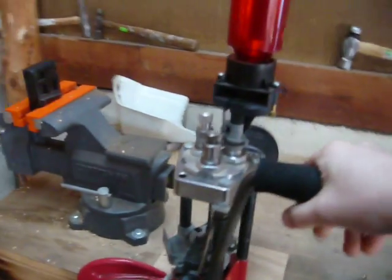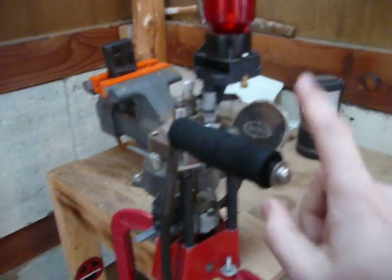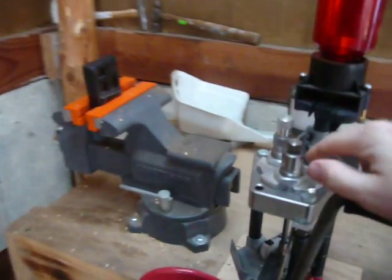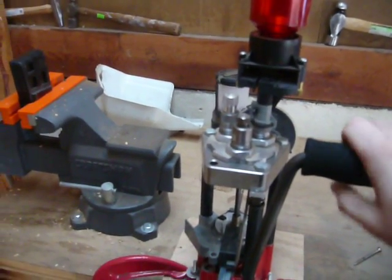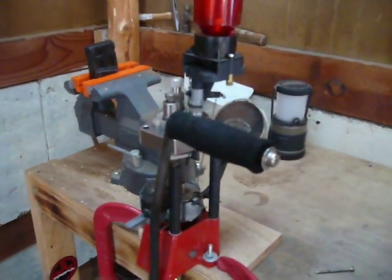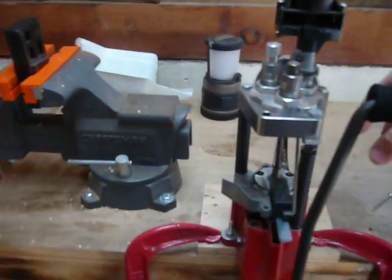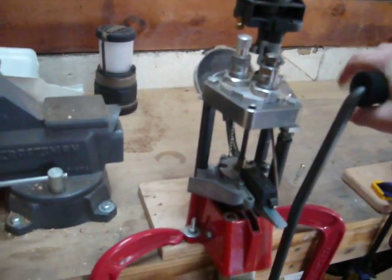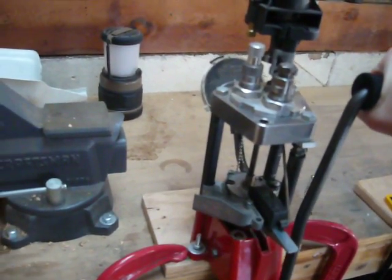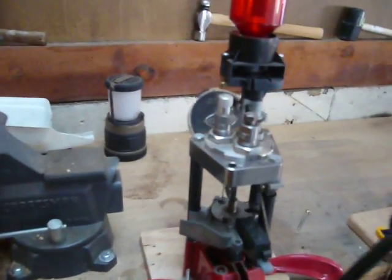And let me give you some pros on this guy. It's cheap. Price new, $200. Comes with dies, everything you need to set it up and start going that day. Well, if you're lucky, that day. And it's faster. This is a progressive press, and you can shoot out about 100 rounds an hour on 357 Magnum, or about 200 rounds an hour